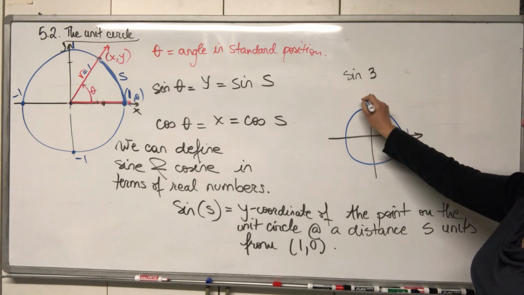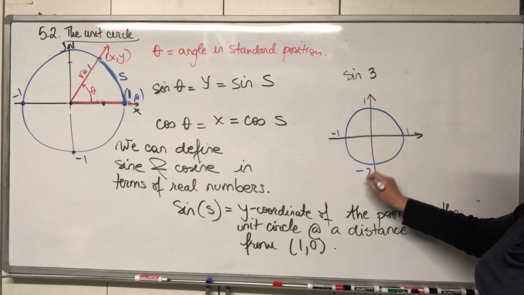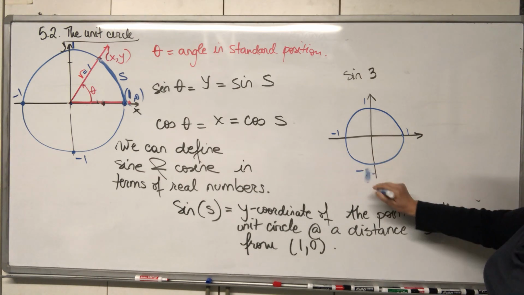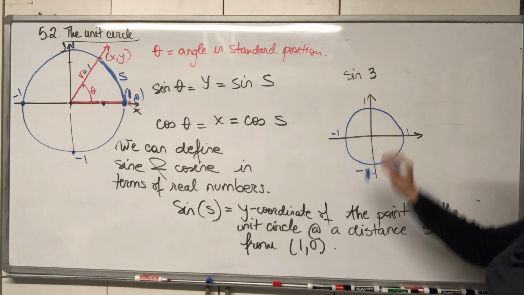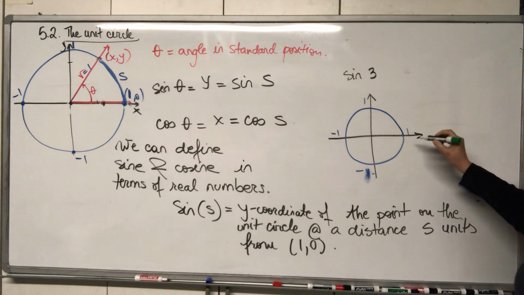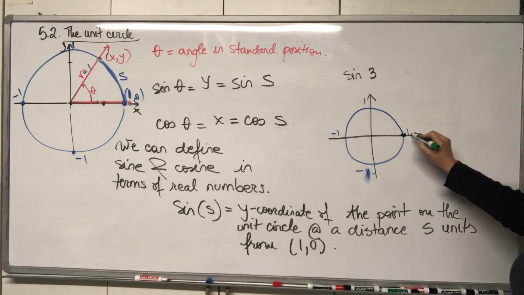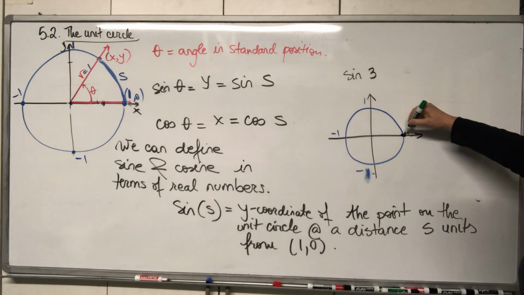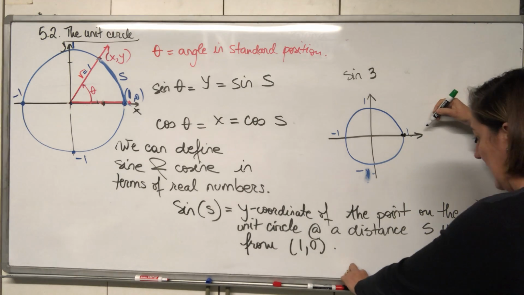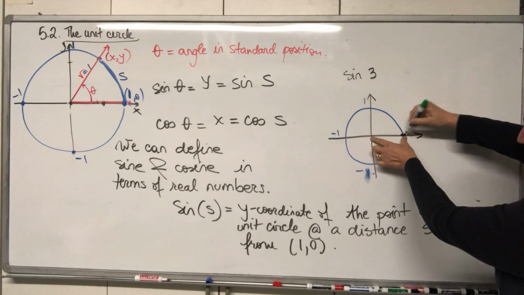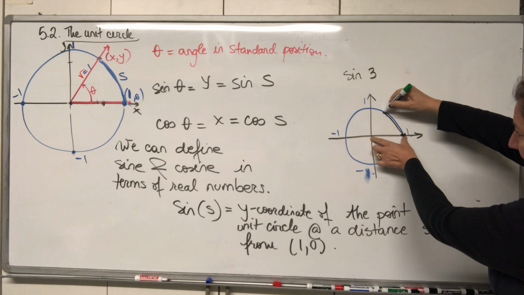So there's 1, 1, negative 1, negative 1. That's 1 unit long, yes? And then start at this point of coordinates 1, 0 on the unit circle and move by 3 units. How much is 3 units? Well, if this is 1 unit, 3 units is, again, it should be circular, about here,